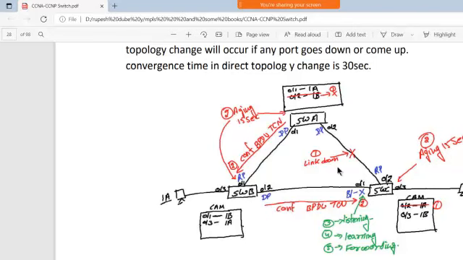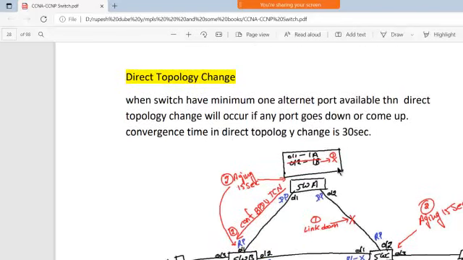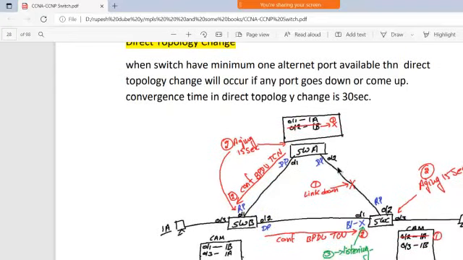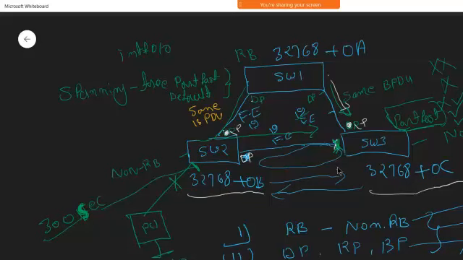But where the topology is going to change, the direct topology change, that is a minimum of one alternate port available, then the direct topology change will occur, right? Means on this port the direct topology change is going to happen, and we have one block port over here. So in this case, the topology change is going to happen on this port.